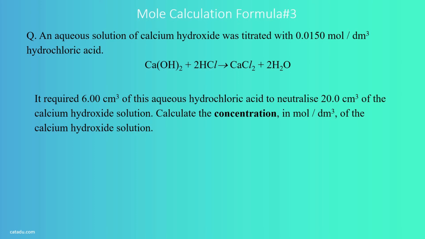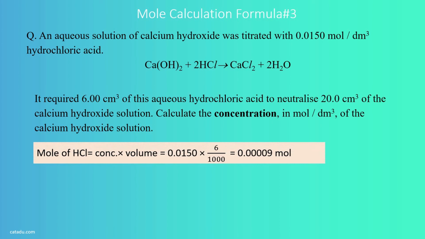What data is given here? The data given here is the concentration of hydrochloric acid and the volume of hydrochloric acid. Volume is given as 6 cm cube of hydrochloric acid. We have to convert it to dm cube. And we have to multiply these two using this formula, mole is equal to concentration multiplied by volume. So you are getting